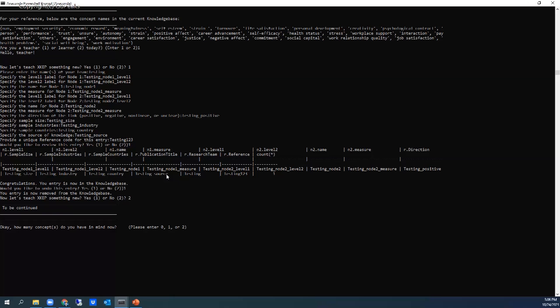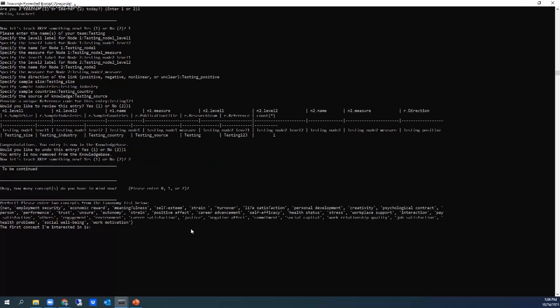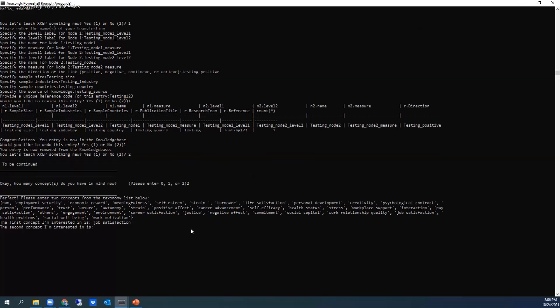Let's enter 2. Okay, so it's asking what's the first concept you are interested in. Let's say job satisfaction. And the second is performance. Okay, we want to understand how someone's job satisfaction might influence their performance.